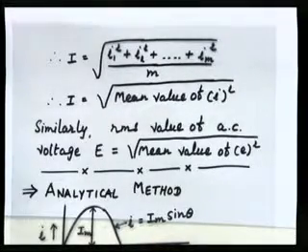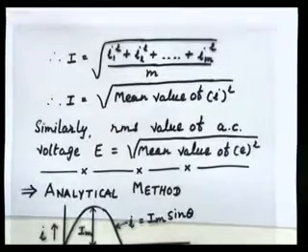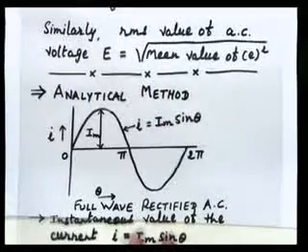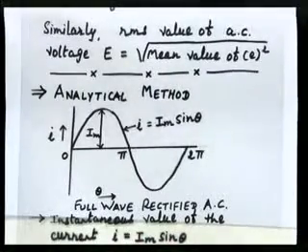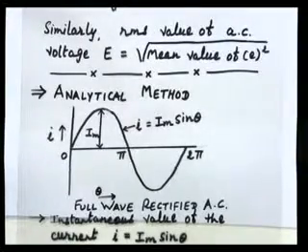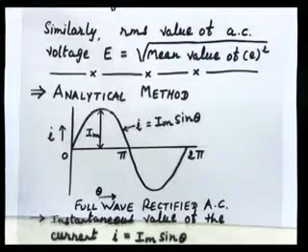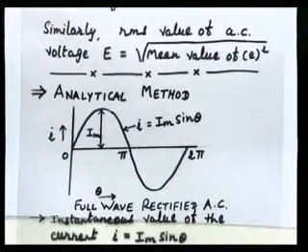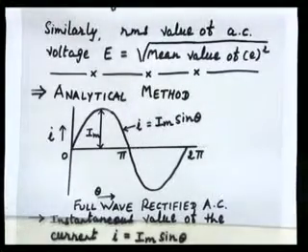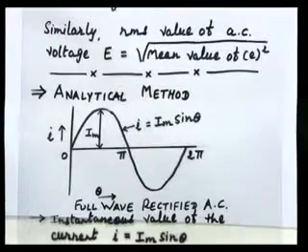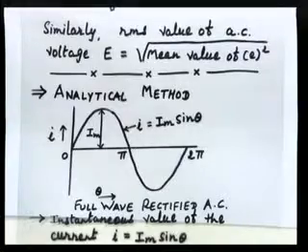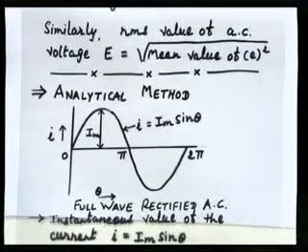In the same way you can find the RMS value using the analytical method. Okay, this is your analytical method. To apply the analytical method, two configurations are available. First is the full wave configuration, another is the half wave configuration. As you know, for full wave configuration you get the output from both the positive half and negative half cycles, but in half wave you get the output only for the positive half portion. So first of all we are considering the full wave configuration.